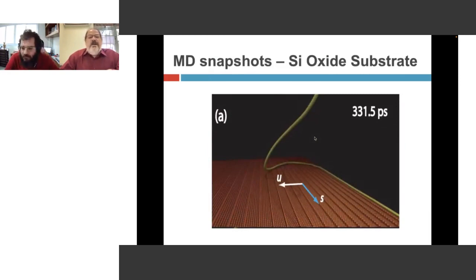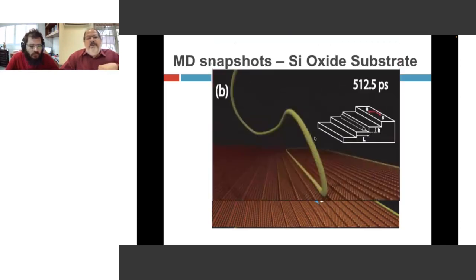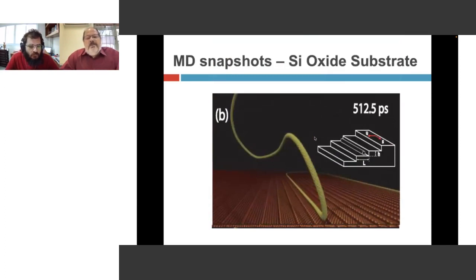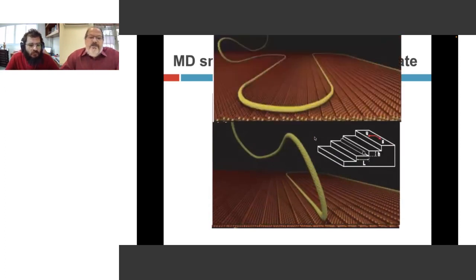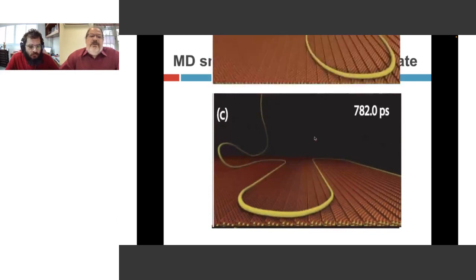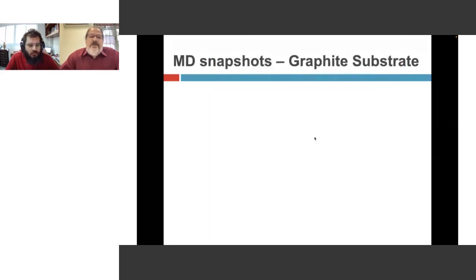in the experiment. And one of the advantages of molecular dynamics simulation is that you can stop time and follow in detail how the structures are formed. You see here different stages of the serpentine formation. In the end, you see wonderful structures. One advantage of the simulation is you can design your own substrate.